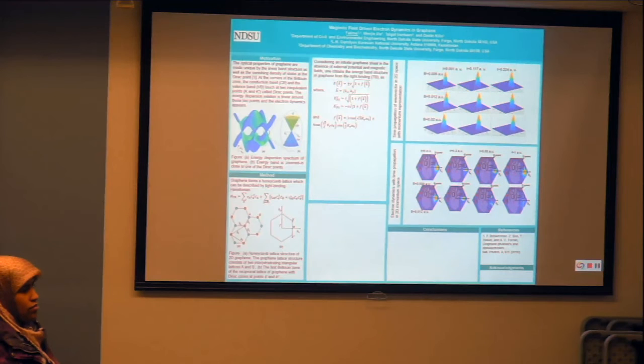That all makes sense. I guess the thing I'm confused about is, when there is a free charge and you apply a magnetic field, according to the Lorentz force it will move in circular, cyclotron motion. That's why we see it moving this way. It is spreading, and if the magnetic field is higher, we can see it moving in a circle. If you have no magnet, here we have a magnetic field, but just a free electron. Here we have graphene, right?